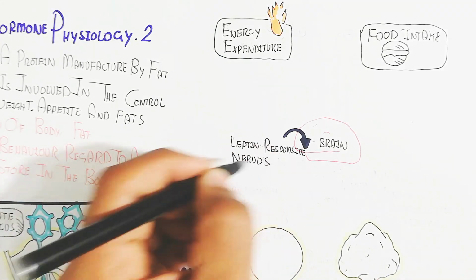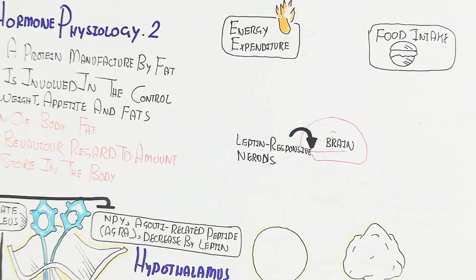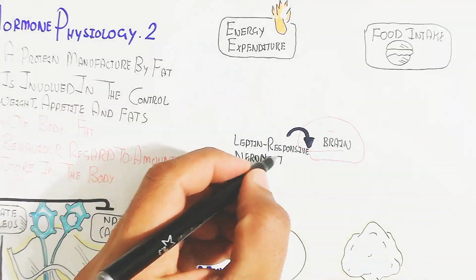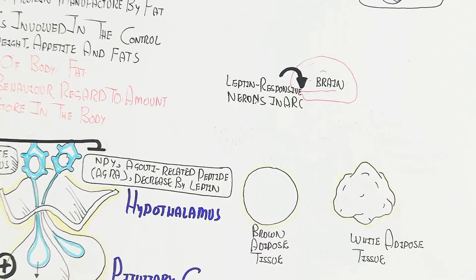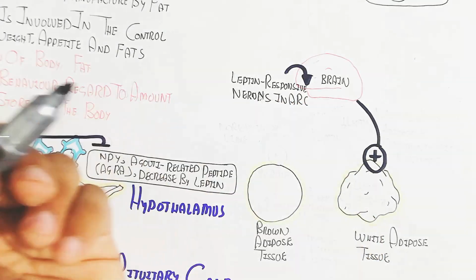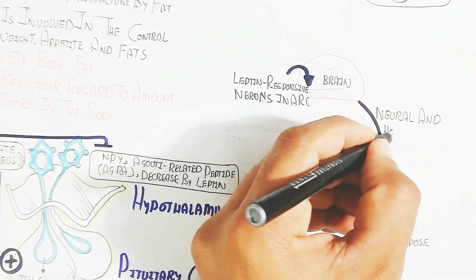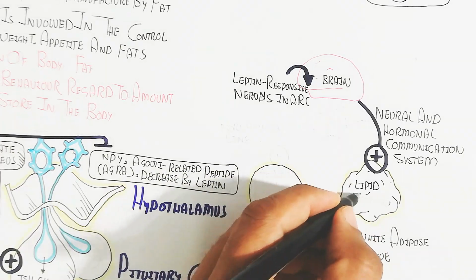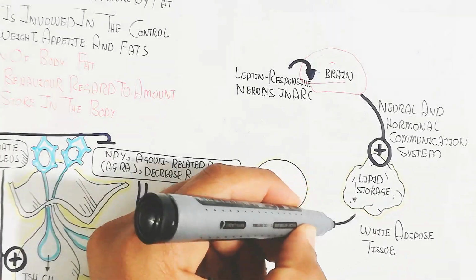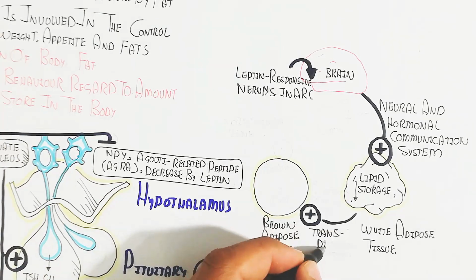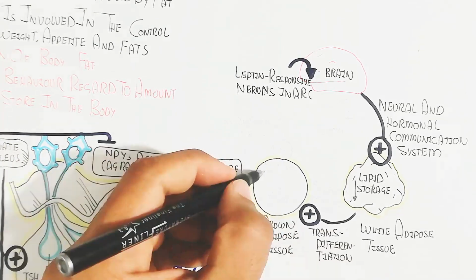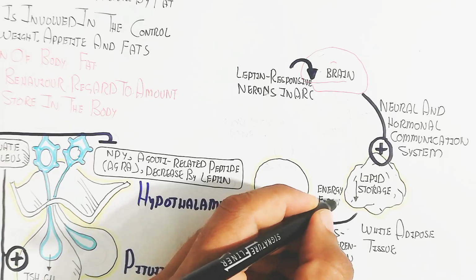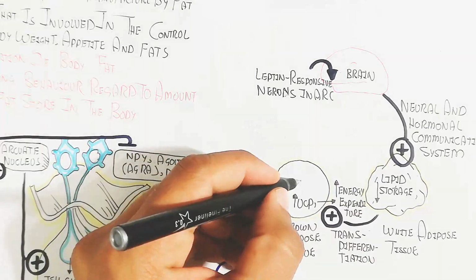The leptin responsive neurons in the ARC, arcuate nucleus, will give the signal by sympathetic nervous system activation to produce norepinephrine during fasting, while neural and hormonal communication systems will also target the white adipose tissue. The epinephrine will target the brown adipose tissue due to sympathetic nervous system activation, and UCP will be increased and lipid storage will be decreased, and the white adipose tissue will release leptin to